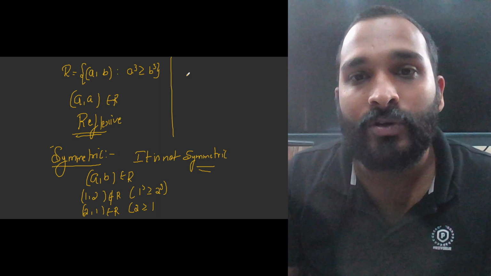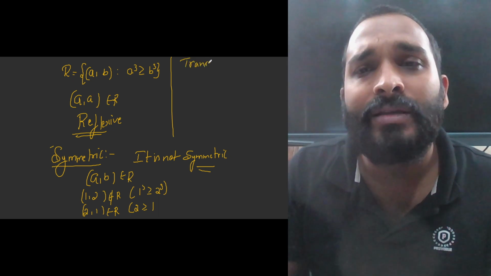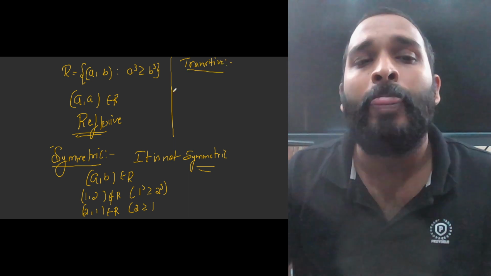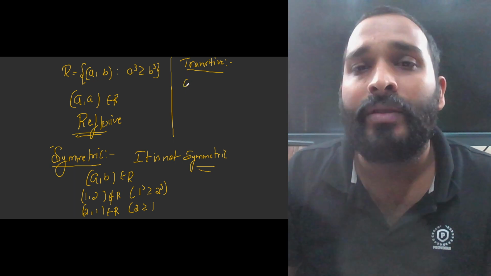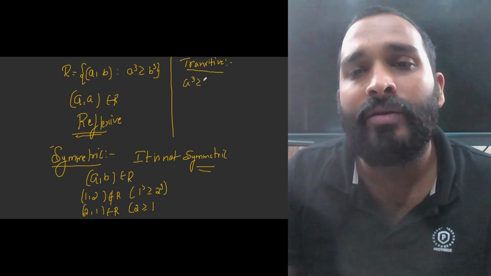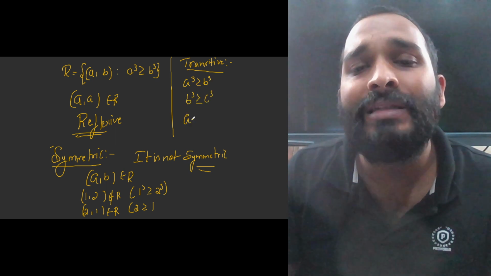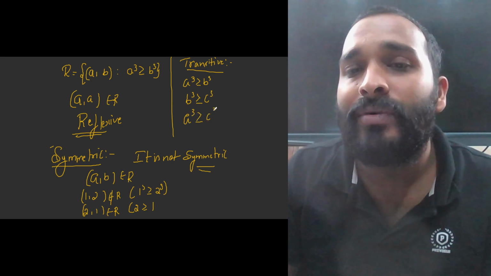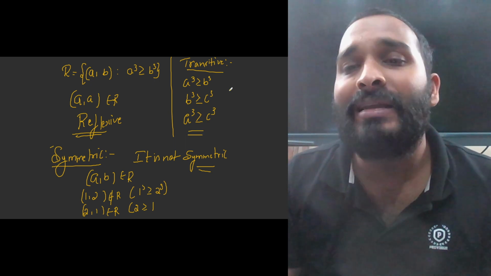Now just observe the third case, transitive. It is transitive, children. Think and tell me, if you take 3 numbers which belong to the set of natural numbers, suppose a cube is greater than or equal to b cube. In that case, if b cube is greater than or equal to c cube, then obviously a cube should be greater than or equal to c cube. Right children? True? Correct? So in that case what can you write?